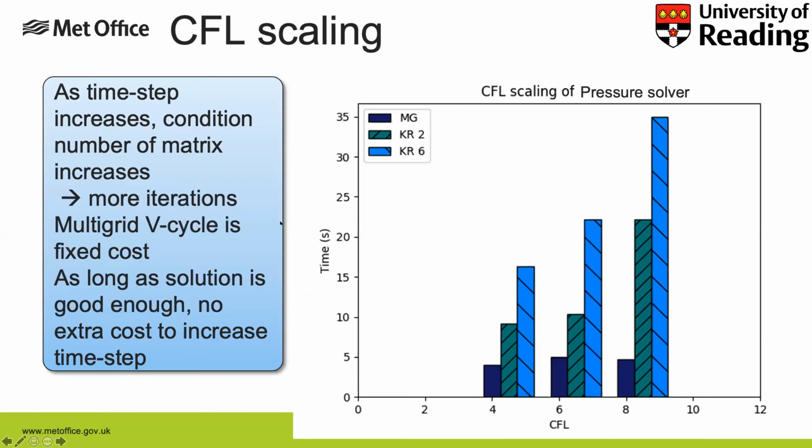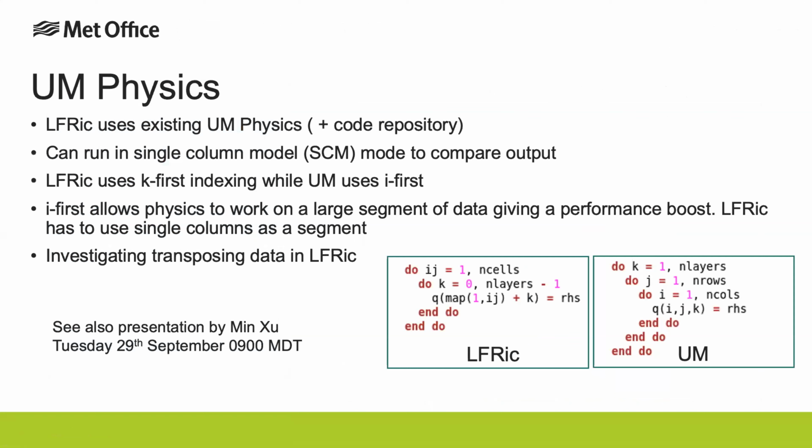And if we look at that graphically, you can clearly see that as I increase the CFL number, as I increase the time step, the Krylov subspace solvers have to do more work in the inner solve to get the outer solve to converge. But the multigrid solver, if it's good enough, is good enough, and so it doesn't take any longer. So it's great because it scales really well, it's less expensive, and I should be able to increase the time step. I'm about to run out of time, so I'm going to quickly skip to